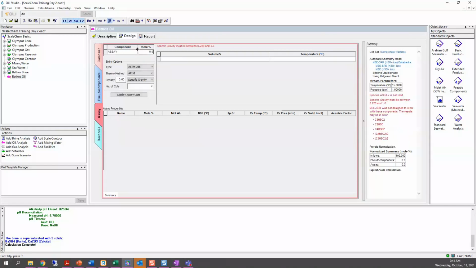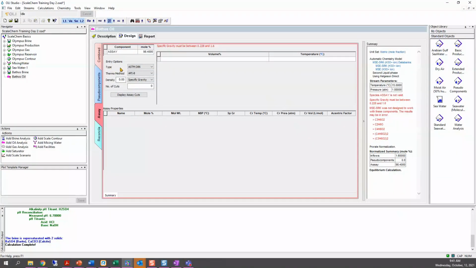Then we'll enter here the mole percent. So that mole percent is 98.4. Okay. Then you have a section here that is named entry options. This is the entry options section, and in here, we can select the type of entry. We have a boiling point curve or a distillation curve.